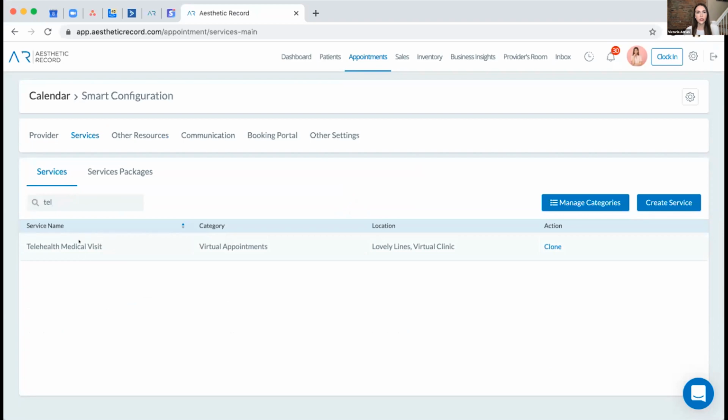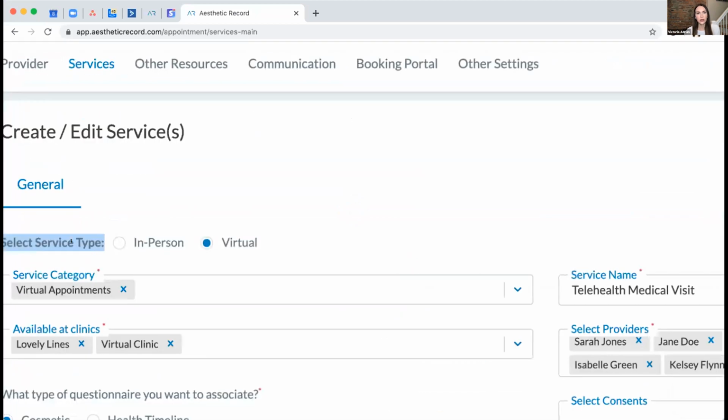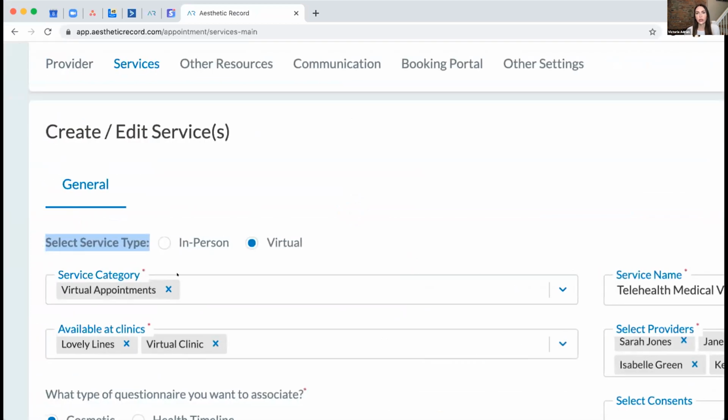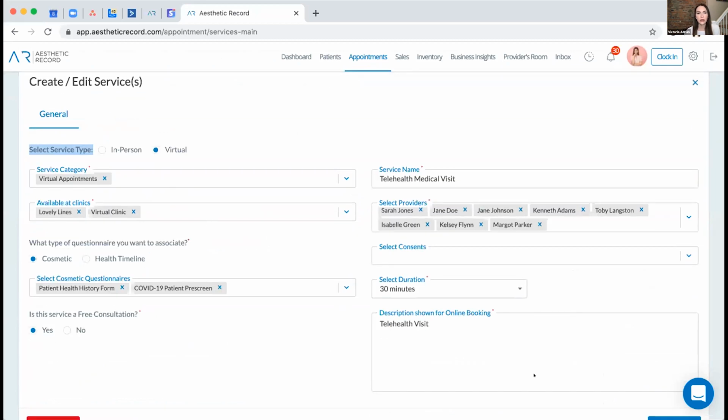All right, so when you go to create a brand new service, you will notice right up here, we can select the type. So if you'd like to do in person or virtual, the selections are just going to be a little bit different. For virtual, you'll have everything on this first screen here. And then keep in mind if your follow-ups or consultations that are virtual, if you do require, maybe it's a